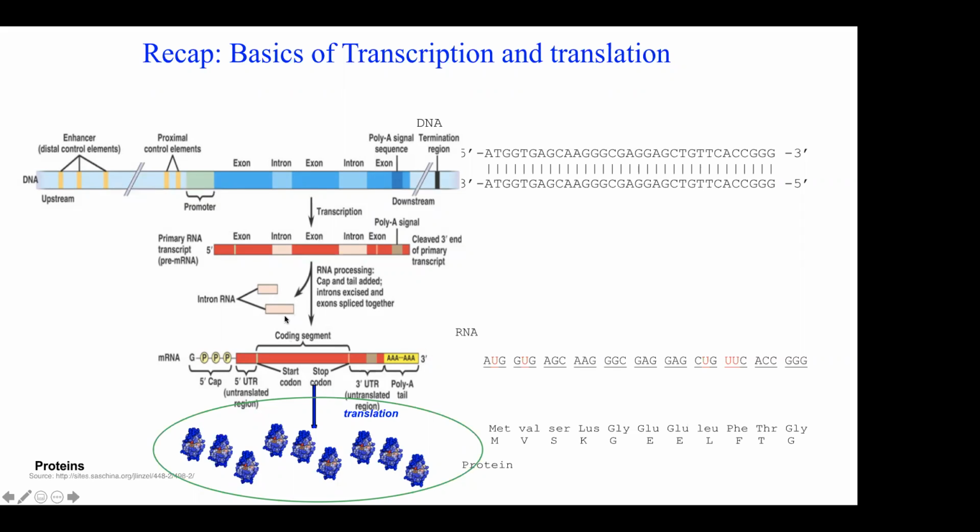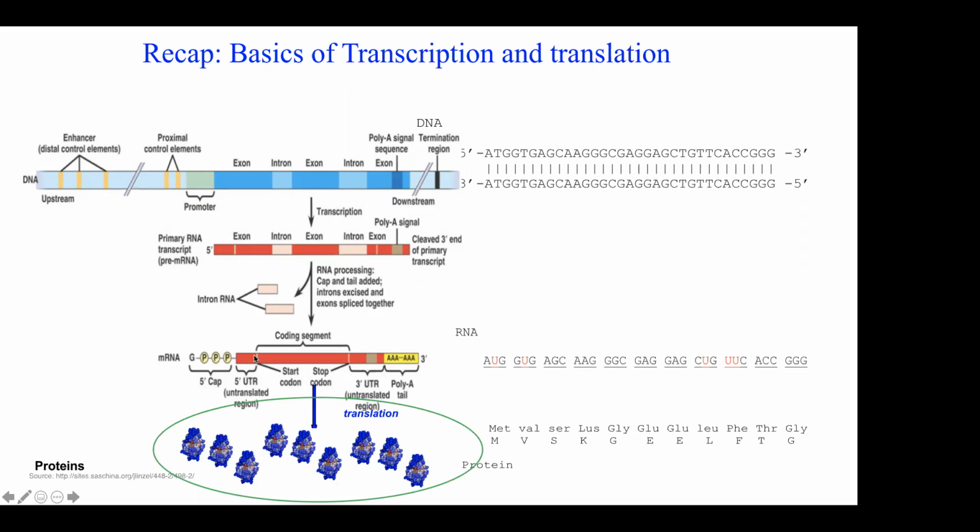So when it comes to the pre-mRNA, the double-stranded DNA becomes single-stranded RNA. The main difference between DNA and RNA is that instead of T, you can see U, uracil. In the mature mRNA, you can see a 5 prime cap and a 3 prime polyadenylation signal.